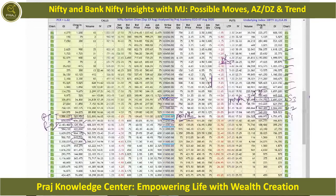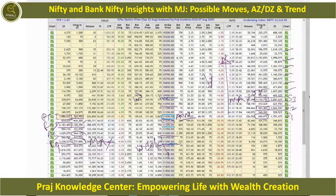And in case 11,400 is broken, then only Nifty would come to 11,500, where overall open interest is 2.3 million. That's the maximum also, right? So max is at 11,500. However, 11,500 could be my weekly resistance. On the downside, I can say that maybe 11,000 is the weekly support level, and 11,100 could be the daily support level